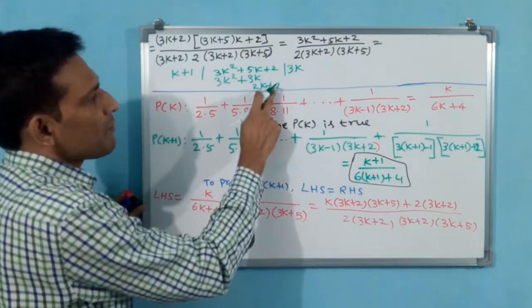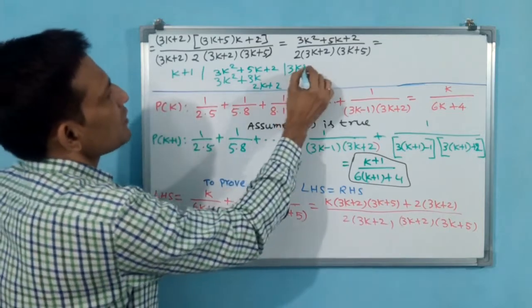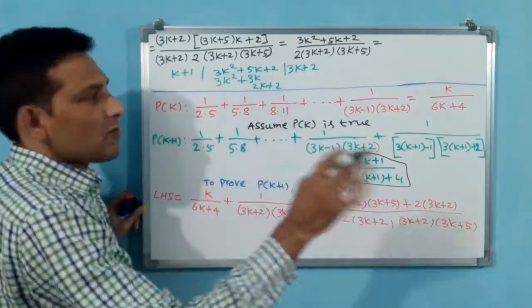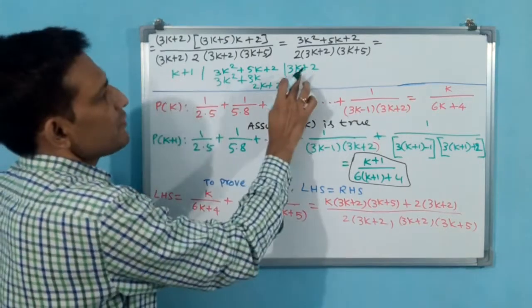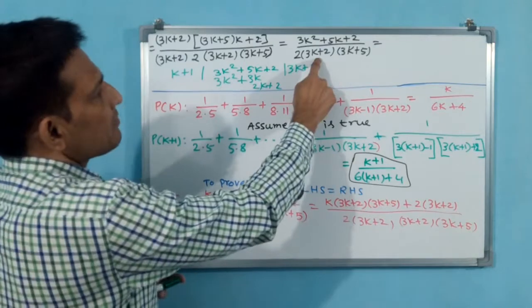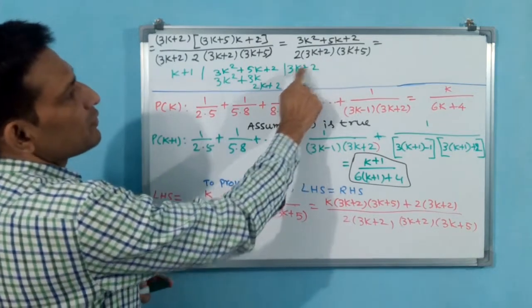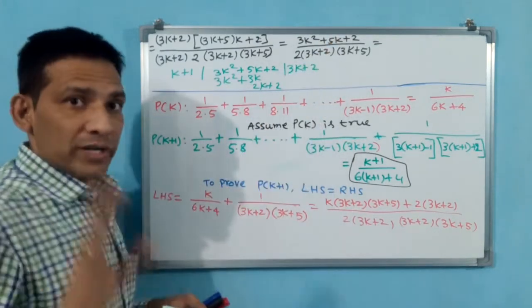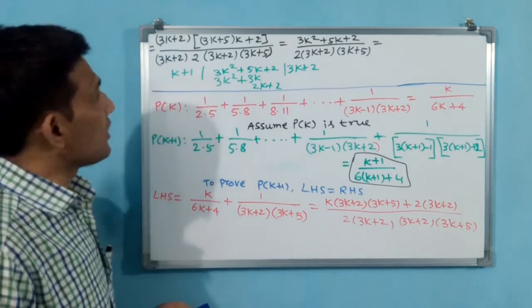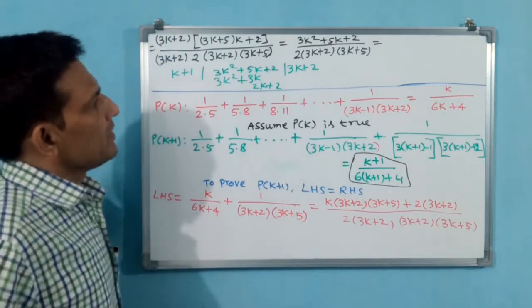You see, for getting 2k plus 2 you have to take 2 into k, 2k, 2 into 1, 2. Okay, over. That means k plus 1 into 3k plus 2, you can write this one as the numerator. You write. Why? Because see, the bottom 3k plus 2 is there. 3k plus 2, 3k plus 2 are going to get cancelled. Like that we have to think. Okay, you understand now how I am doing it? Okay, write down.